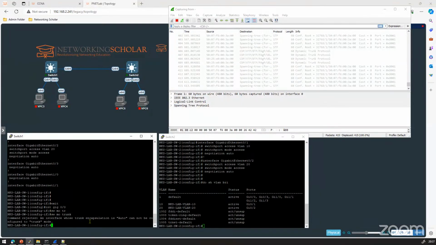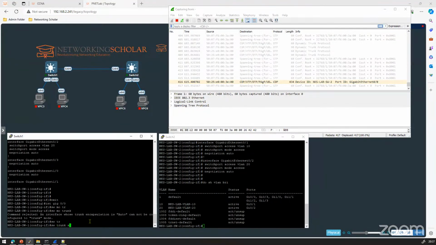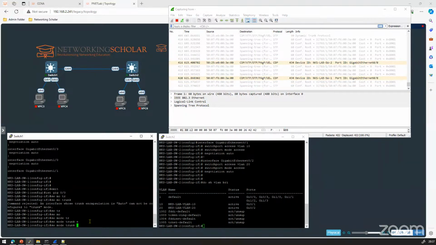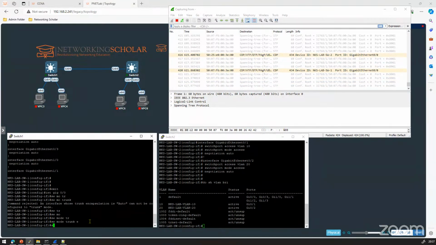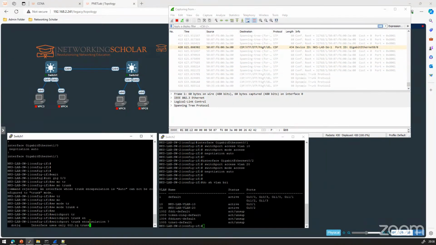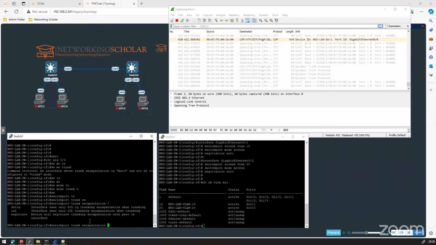So first we use switchport trunk encapsulation. Oh sorry, switchport mode trunk is not working, right? Switchport trunk encapsulation. And there are three types here. First is .1q, second is ISL, and third is negotiate. We are going to use 802.1q, called .1q, the first one, because if you have a Cisco switch and the other side is connected to a non-Cisco switch,